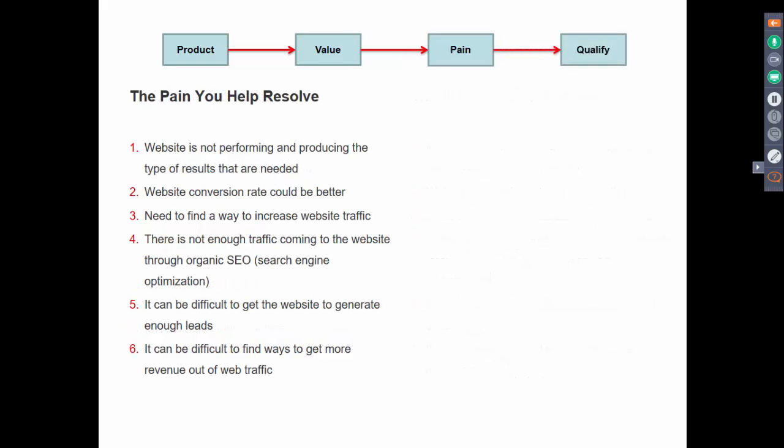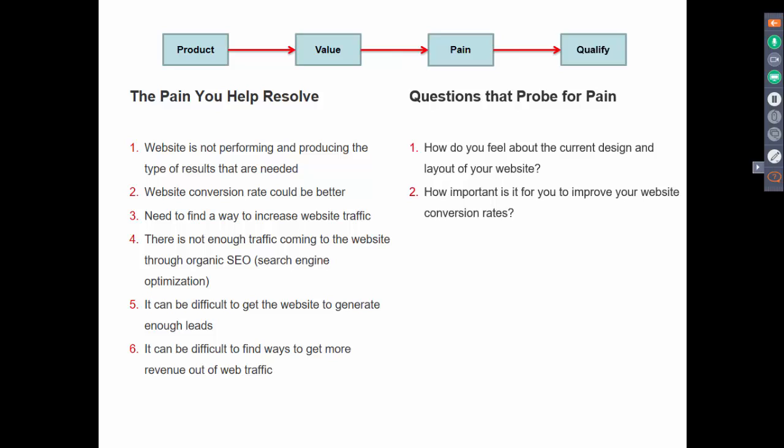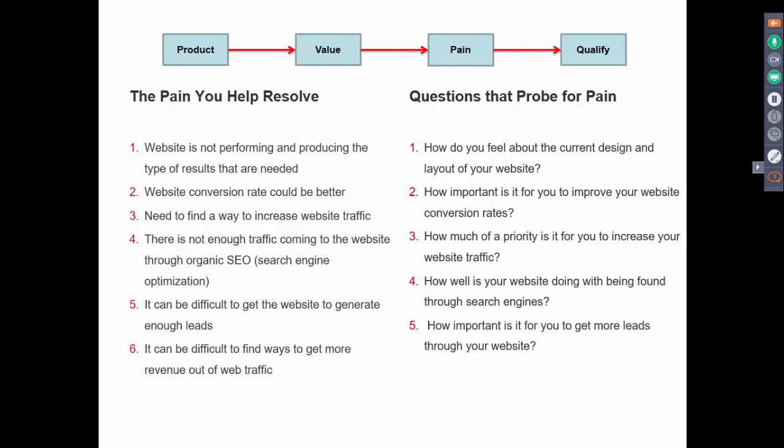And then what we want to do is think of questions to ask. And so you might say, yeah, I agree with you. I should be asking more questions or better questions, but I don't know what questions to ask. Well, look at the pain points that you fix. Here are the pain points that a web design company might help a small business with. And then for each of those pain points could be a question. Could be probably more than one question for each pain point. But if we're just doing one for one, we went through this process and came up with 6 benefits that led us to 6 pain points, and that led us to 6 qualifying questions.